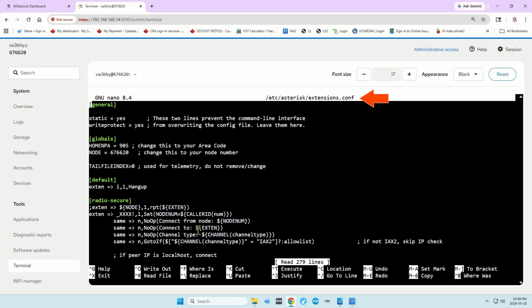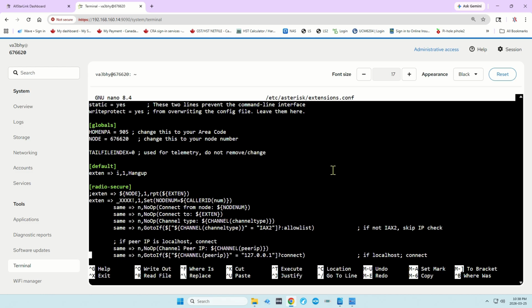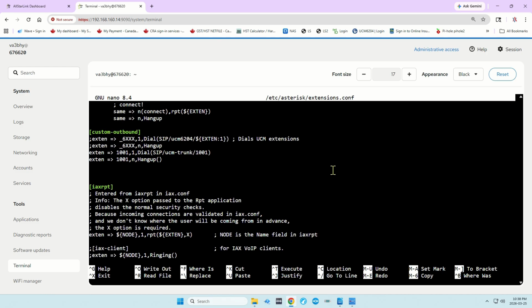The extensions.conf file will now open for editing. The first stanza is general, followed by globals, then default, then radio-secure. Scroll down until you see